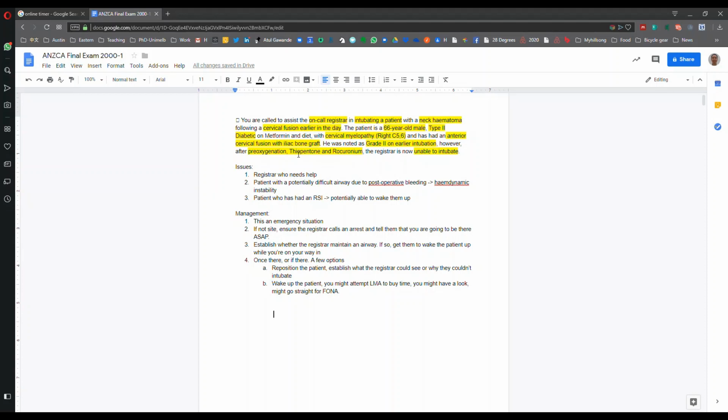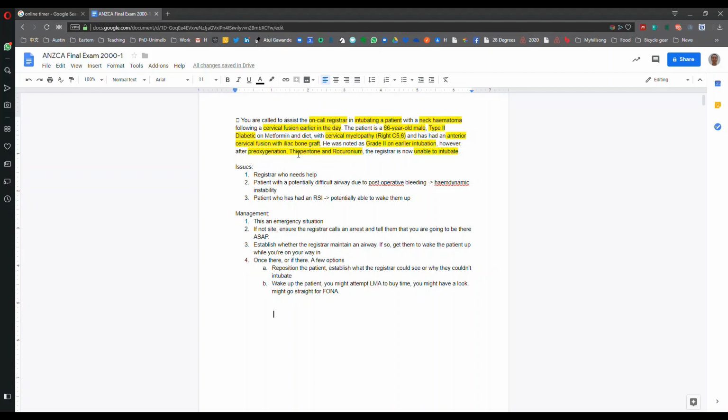I will also try to establish whether the registrar is able to maintain an airway, and if so, I would ask them to wake the patient up while I'm on my way in. If I'm already there, we have a few options, and it will depend on the clinical scenario. I think the key to this case is whether I am able to ventilate the patient, and if so, I would consider repositioning the patient,